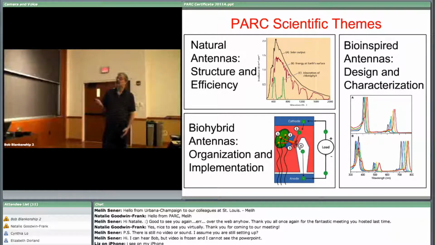The idea being that these artificial systems might at some point be utilized in synthetic, artificial photosynthetic devices, whereas the natural antennas give us the workings of the system, how Mother Nature has made it work, and also might allow us to improve the efficiency of photosynthesis in systems that would then be used, say, for algal or